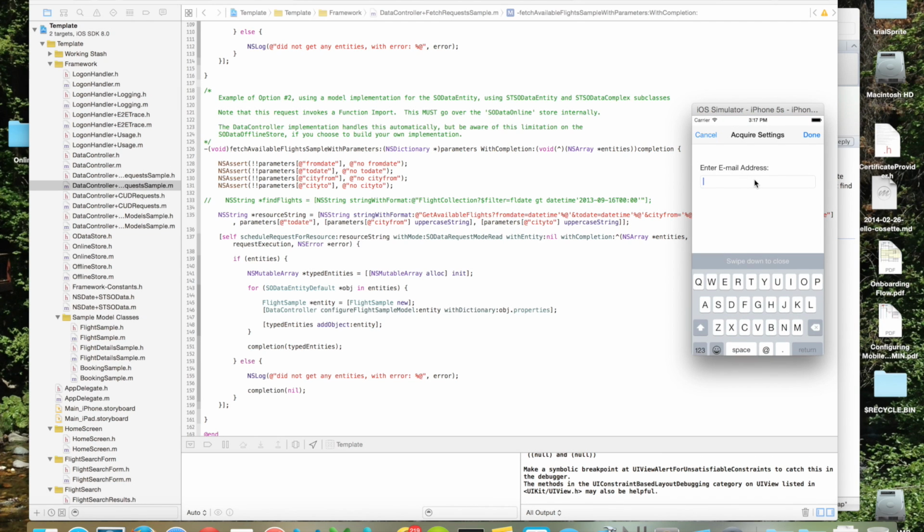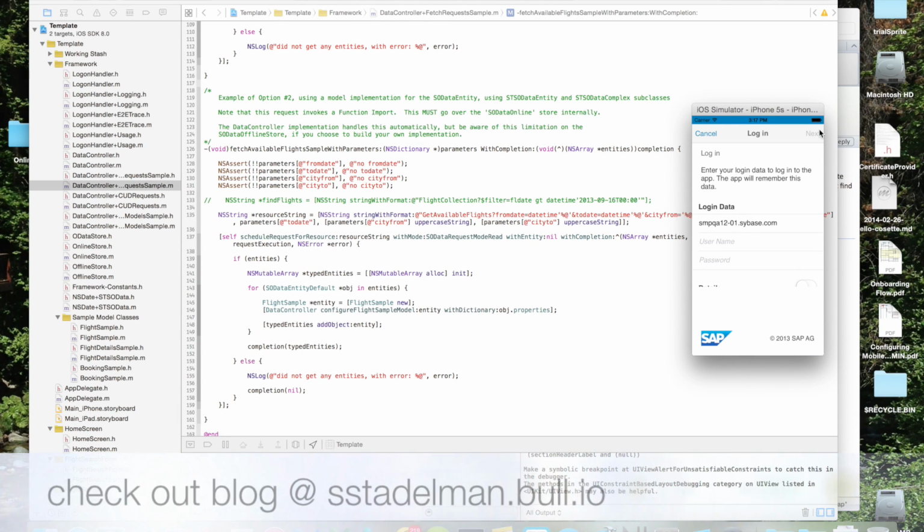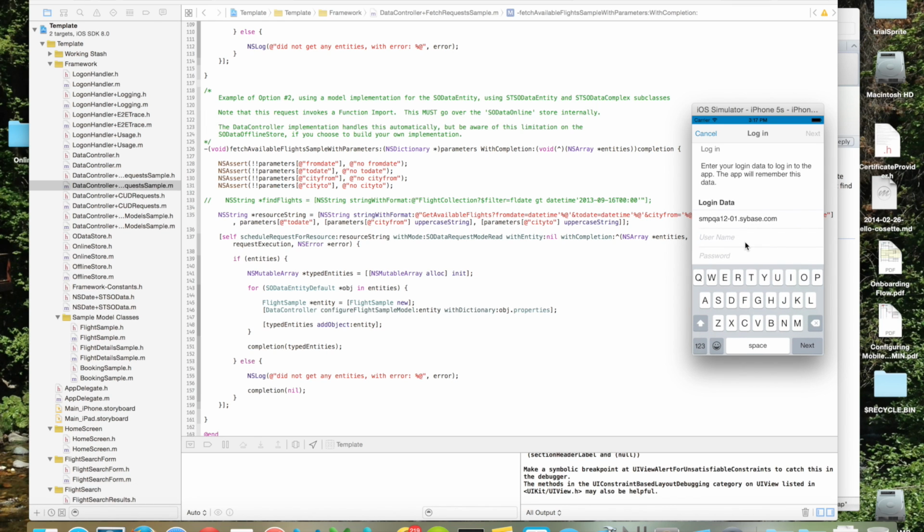We have a new feature here called SAP Discovery Service that will let you get your connection settings from the cloud just by entering an email address. And this is documented on my blog, sstadelman.bull.io. And you'll see when this comes back, the server connection and the protocol and port are already brought in, so I can go ahead and enter a username and password,